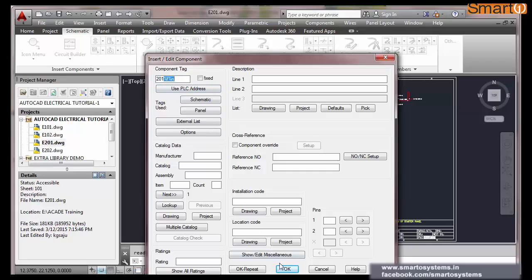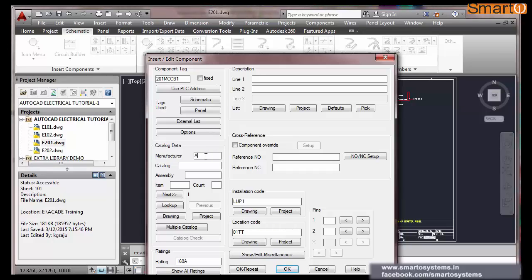Okay, now you see 201 MCCB1. Location code, I am going to put it 01TT. So I am not going to take care of these portions. I mean, just putting here, that's all. Okay, let it be 160 ampere.